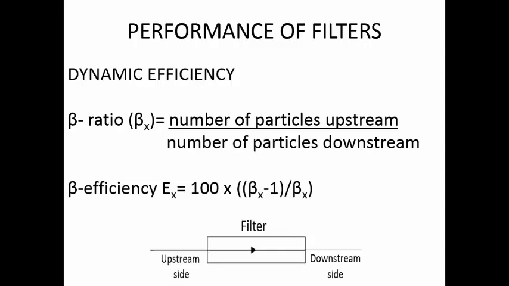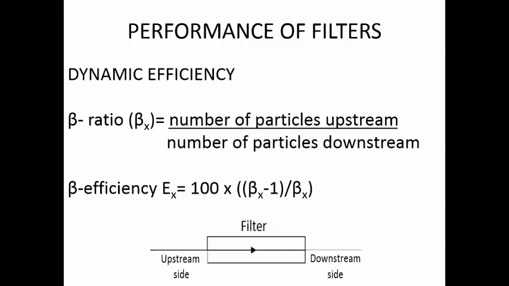So if you are having two separate filters from two different manufacturers or of two different grades, then you can do this performance testing and you can determine their efficiency. Now there is a device called a particle counter. If you put it on the outside of the pipe and allow the fluid to pass through it, it will be able to count the number of individual particles of a required size, and you are going to get the numbers to calculate the beta ratio. Once you know the beta ratio, you can calculate the beta efficiency. So this is the performance of a particular filter. So this is how exactly we measure the performance and compare two different types of filters.